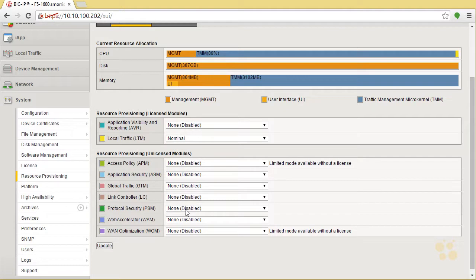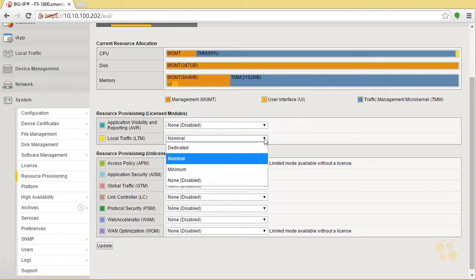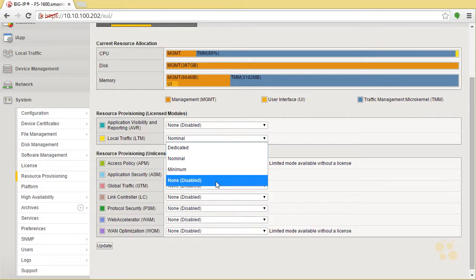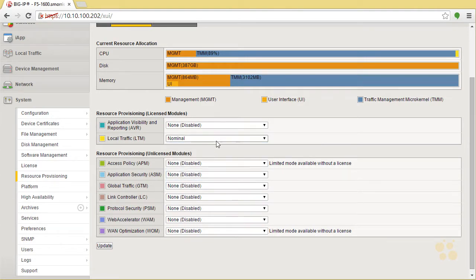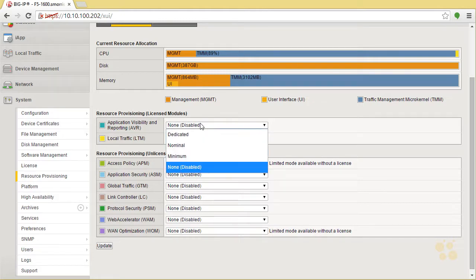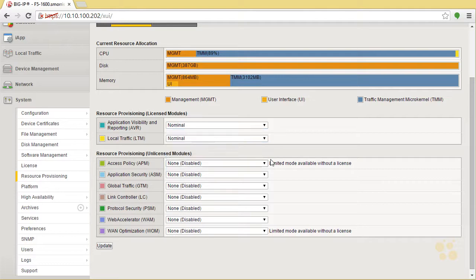So right now, all the stuff happens to be disabled, so it's all based on what I've chosen anyway. And for each thing, we have a few different choices. Okay, so dedicated, nominal, minimum, and none are really the primary options that we'd go in here and take a look at. So if I wanted this box to only do LTM, then I'd put it as dedicated. All right, generally speaking, nominal is where we're going to want to be. This will also give me some capability as far as balancing on here as well. So my reporting, if I wanted to do that, I'll go ahead and allow that as well. Set them both as nominal because those are, like it says right here,